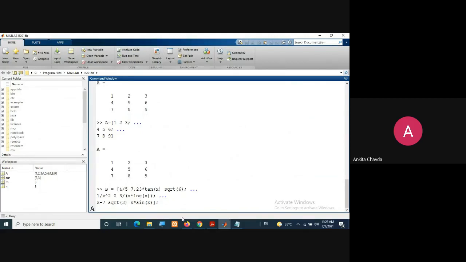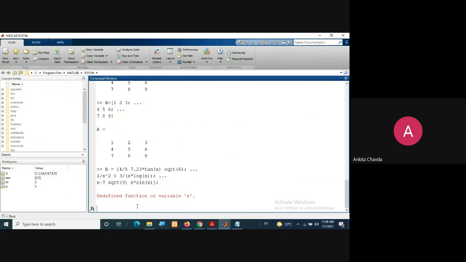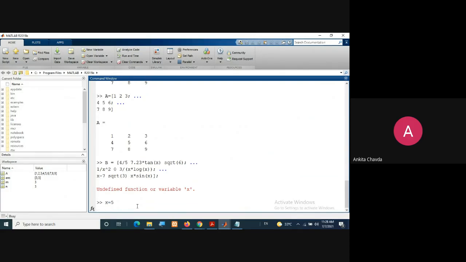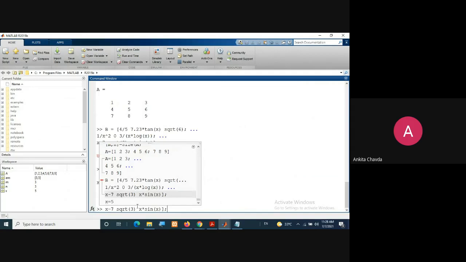It will show you a message that the value of x is not yet defined, so that will give an error first. And yeah, x equals, suppose, 5, and I'll write the same thing again.